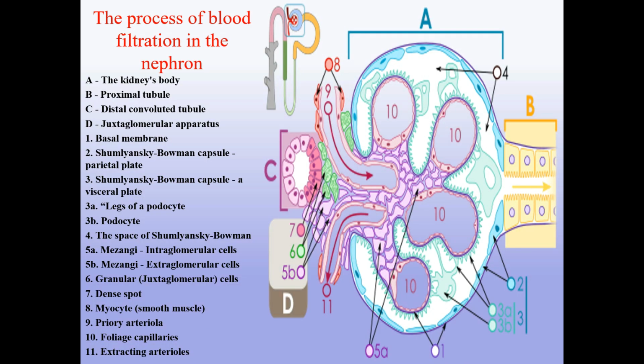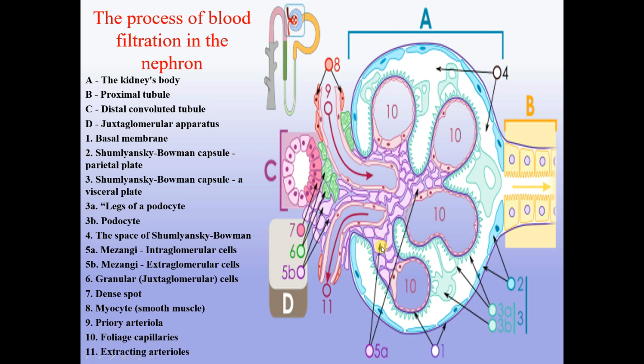On this slide you can see the process of blood filtration in the nephron. A is the kidney body, B the proximal tubule, C the distal convoluted tubule, D the juxtaglomerular apparatus. Under 1 we see the basal membrane, under 2 the Shumlansky-Bowman capsule parietal plate, under 3A we see the legs of the podocyte, under 3B the podocyte itself, under 4 the space of Shumlansky-Bowman,